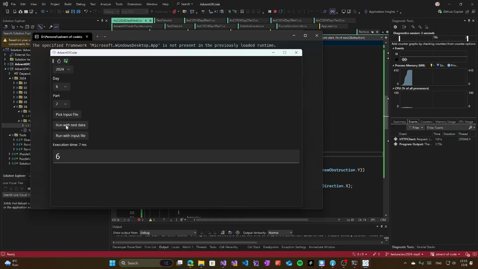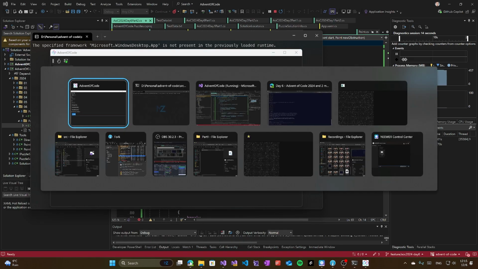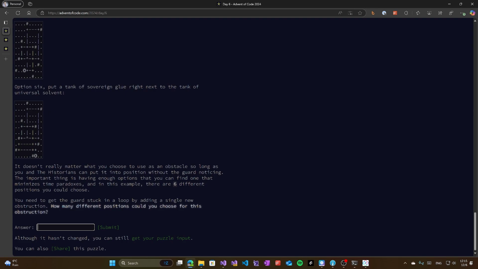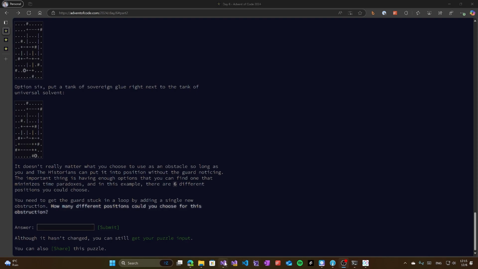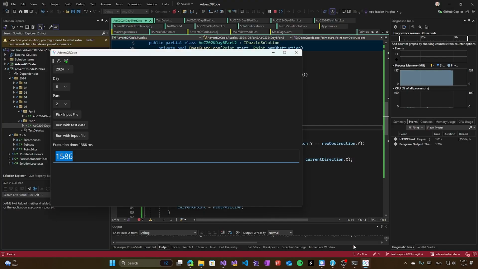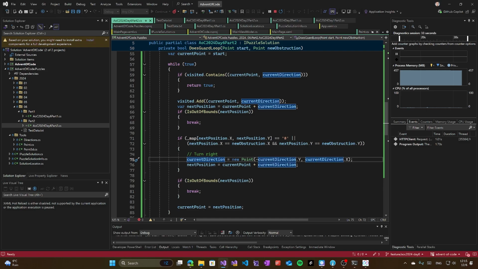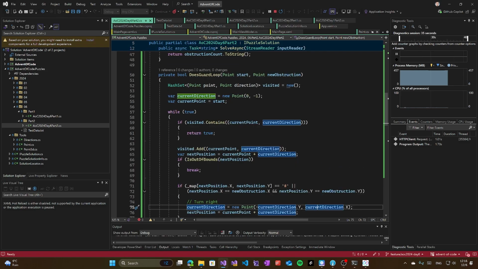It's with the input file. 15,000, yeah, so that's not right, right? We did that exactly. What was the number? Yes, that's right. So it's the same number. So it cannot be right, but it's too low a number. So the next position must be